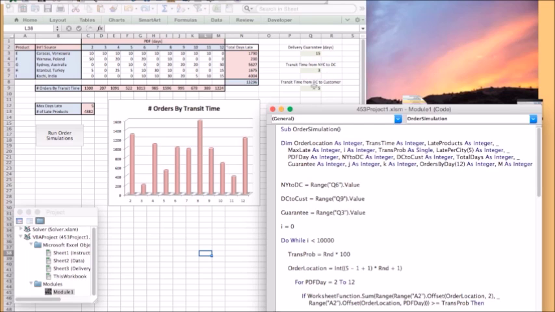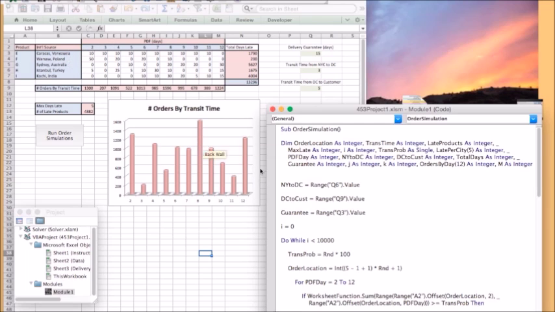And then total days is something that we use to calculate the days late per iteration in the simulation. And then orders by day is something that shoots out here, and it's going to be reflected in our bar chart, which is kind of just a distribution of how many days it's going to take to get to MIC from our